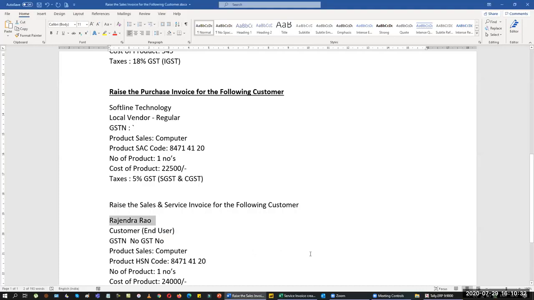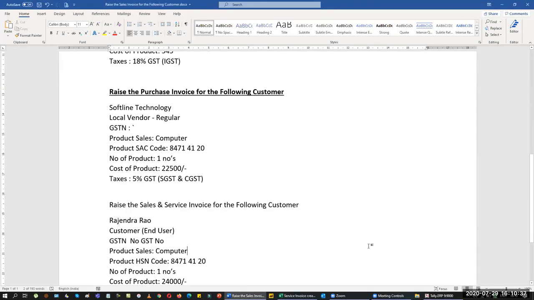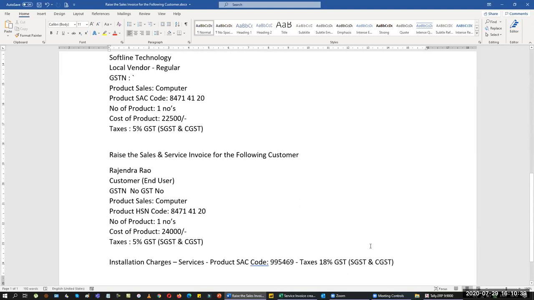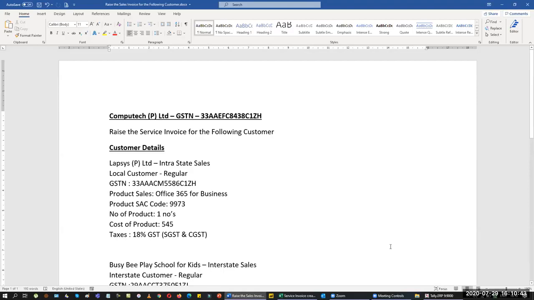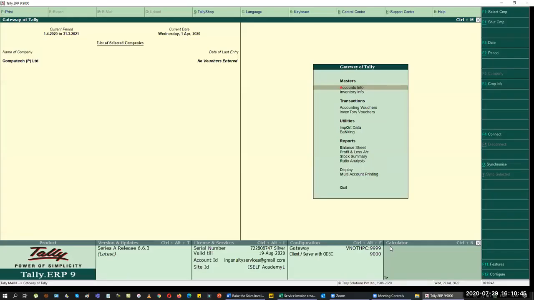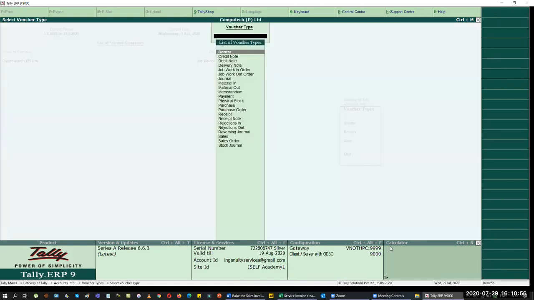Now, if you are making data, it's better to keep them in one dimension. You can manually do this transaction, but I wish to do them with voucher class templates here. So how do I create a voucher class? I'm going to create a voucher class for my purchase as well as for my sales. So to do that, I will come back to my accounts info, voucher type, alter, and I'll pick the purchase